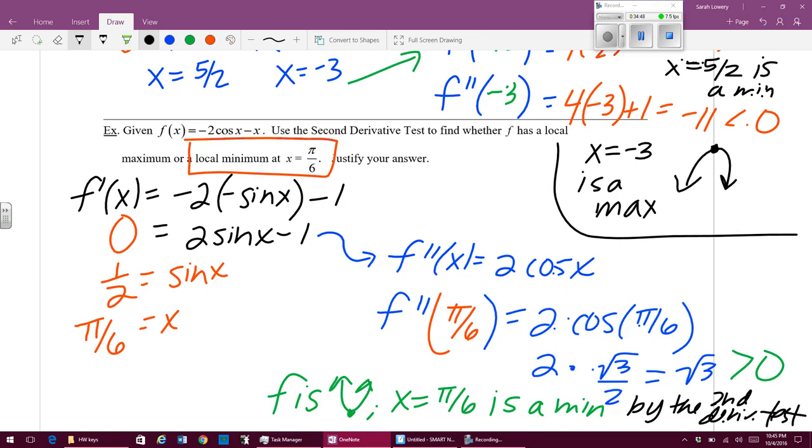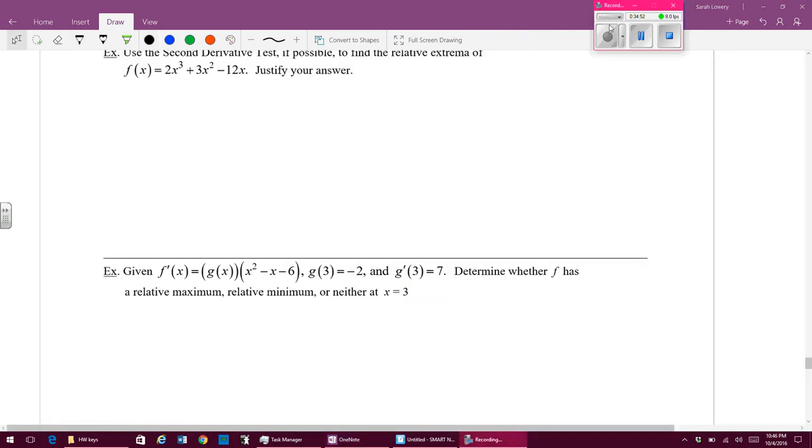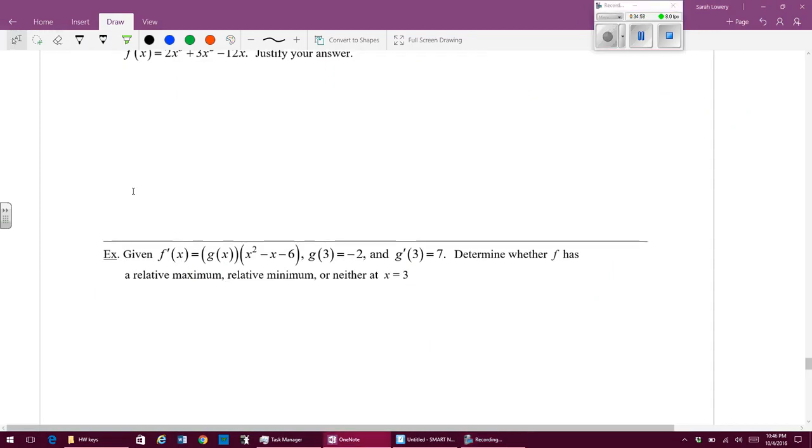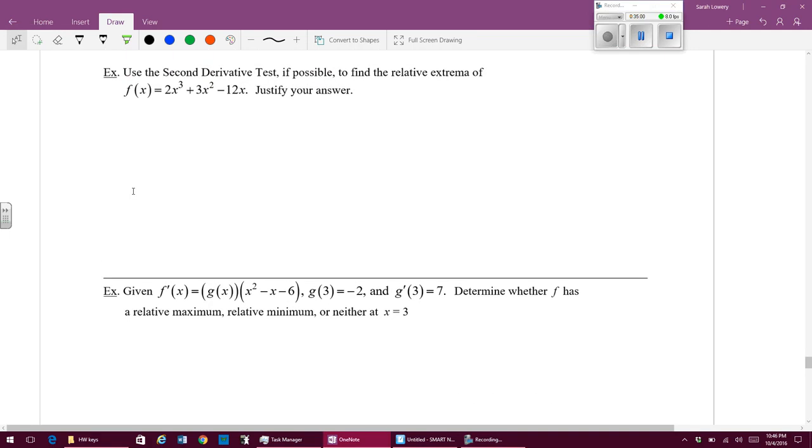Okay? I'm going to press pause for a second. So I know I'm running pretty long on this video, but I want to get through 2 more examples and call it a day. 2 examples, okay? So the next one says, use the second derivative test, if possible, to find the relative extrema of this graph. So we're just finding any relative extrema. Step 1,